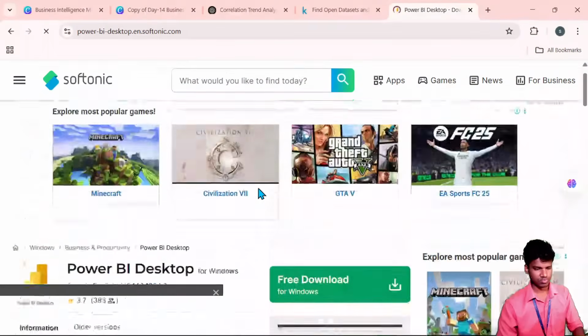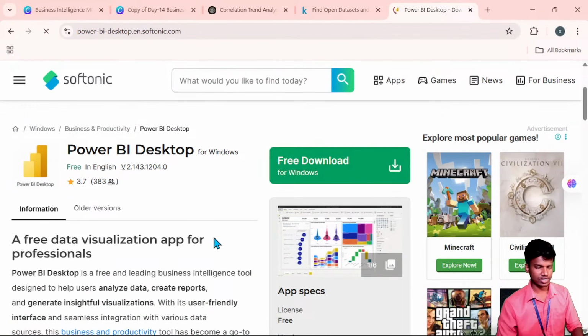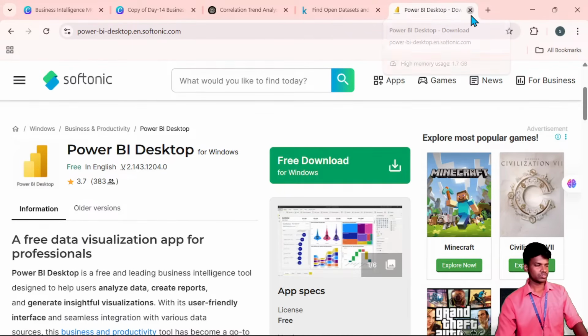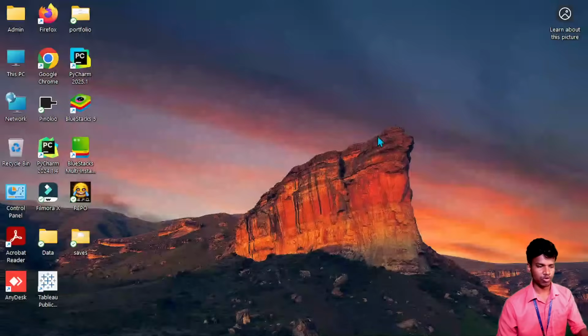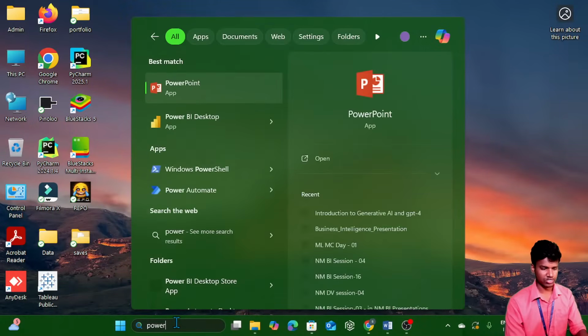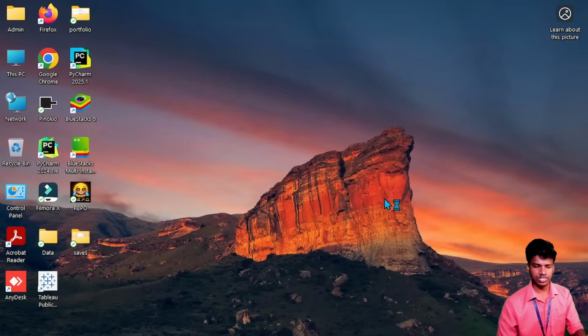Once I click this, it directly downloads to your system, then you can work with it. No other procedure is needed. So this is the way you can install the Power BI application. Now I will go to that application. I search here, and I have the Power BI Desktop application. Once I open this,